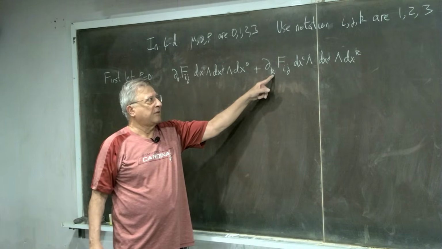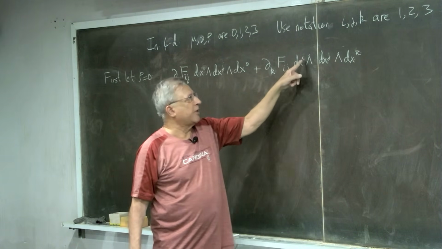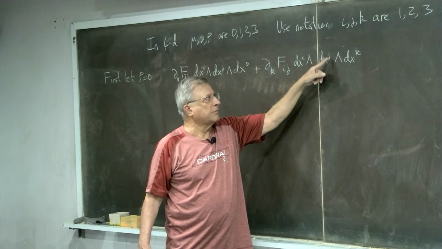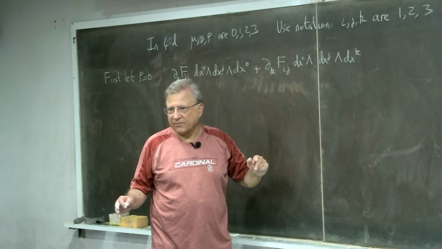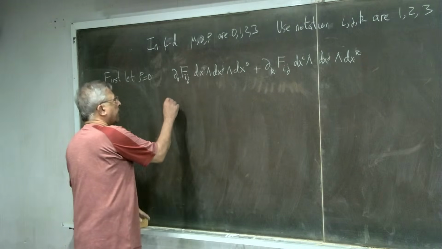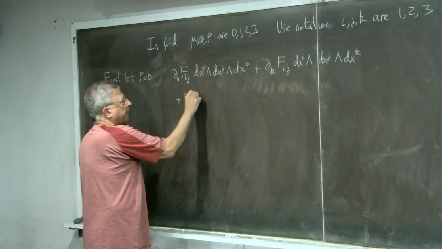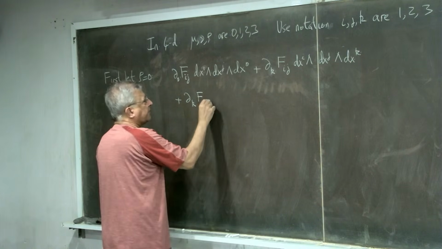Next it is k, which is 1, 2, 3. In which case this will be a 1, 2, 3 combination. What is missing now? Yeah. So then I have dk F0i